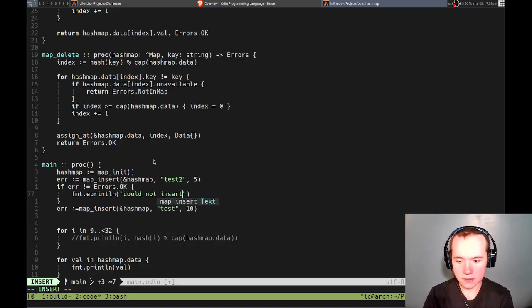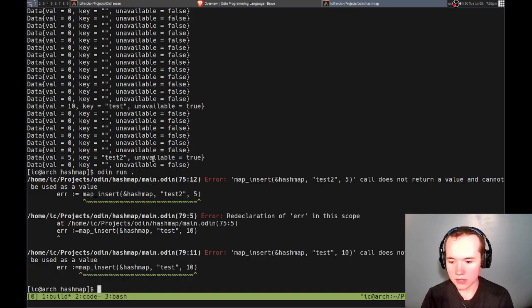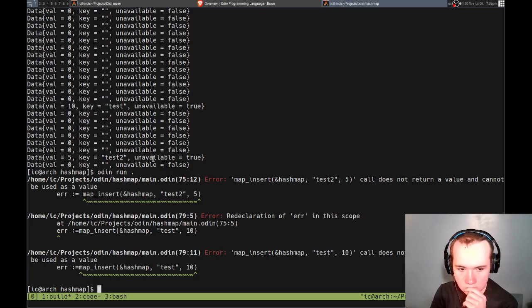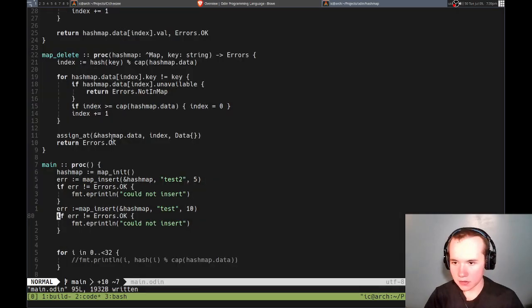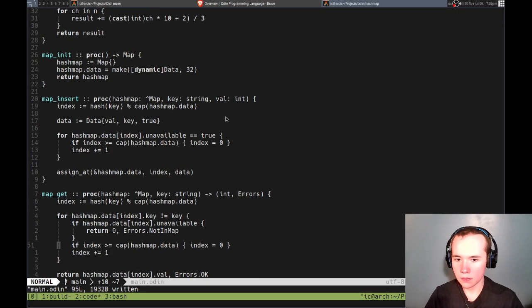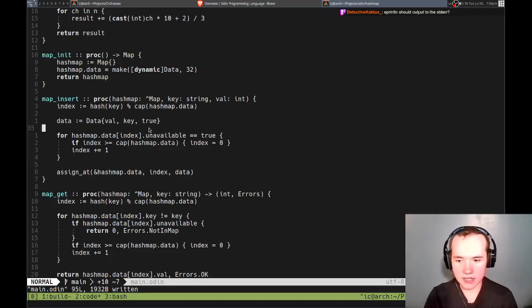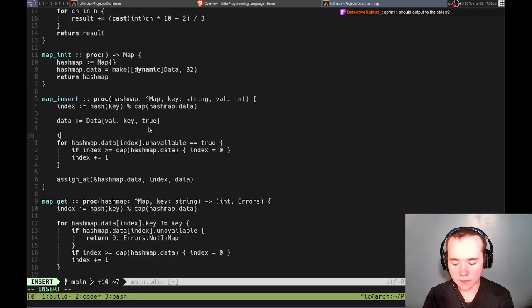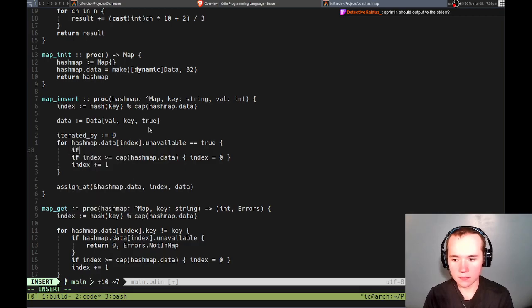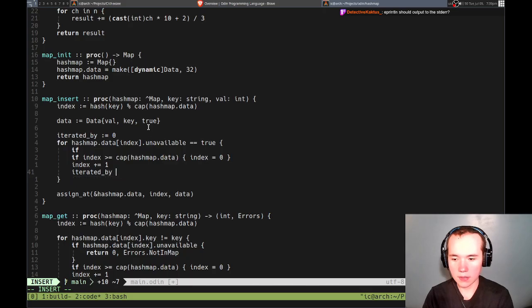Could not insert. We could handle it better, but you know, take it like that, and then insert does not return a value. Oh, right. Yeah. So we need to check here. So I'll just make temporary values, sort of like 0, and then if, let's put 1